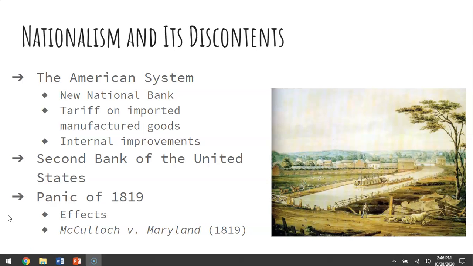The Bank of the United States was supposed to prevent the overissuance of money. The Bank of the United States could demand payment in gold and silver from a local bank in exchange for that bank's paper money. This was supposed to prevent local banks from acting improperly, because if one couldn't provide the specie when the Bank of the United States asked, it would have to suspend its operations or close.